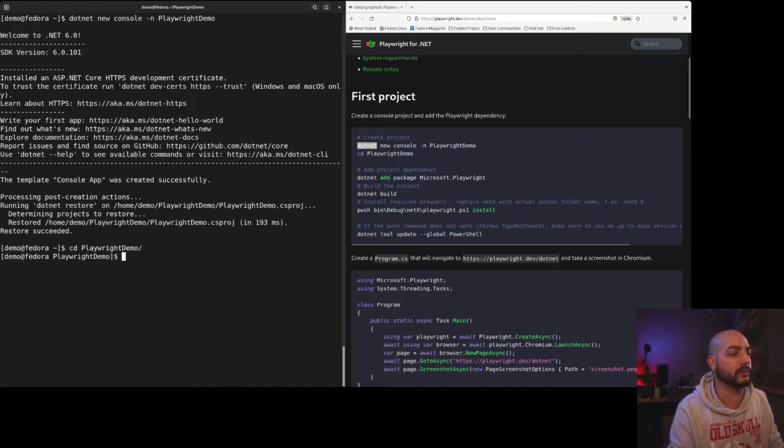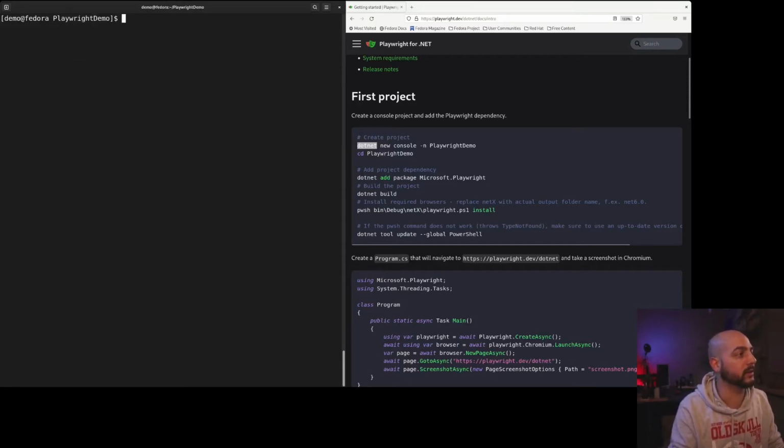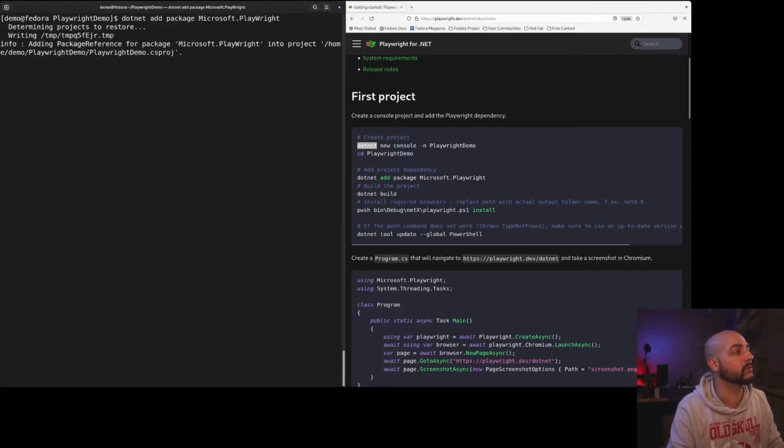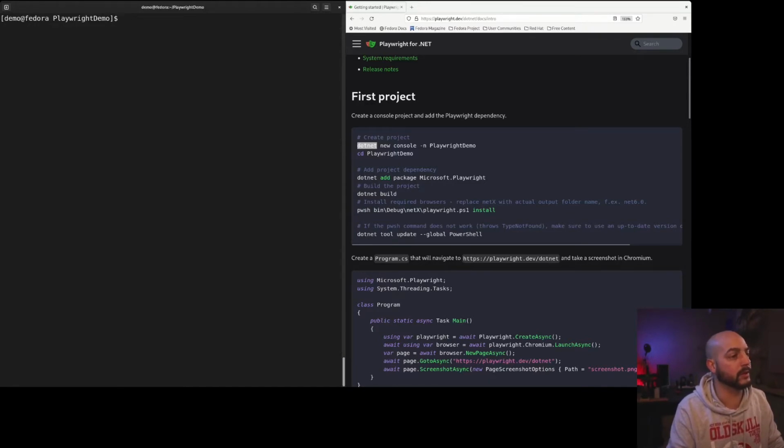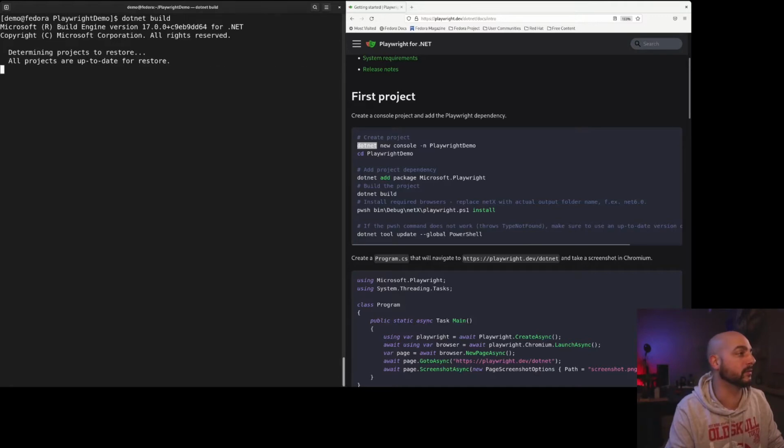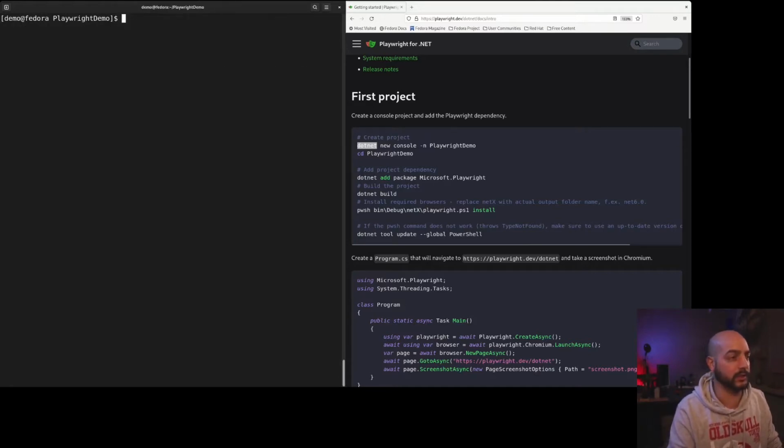CD into that directory, and then dotnet add package Microsoft.Playwright. Looks to be okay, and then dotnet build. Okay, it's okay, and then